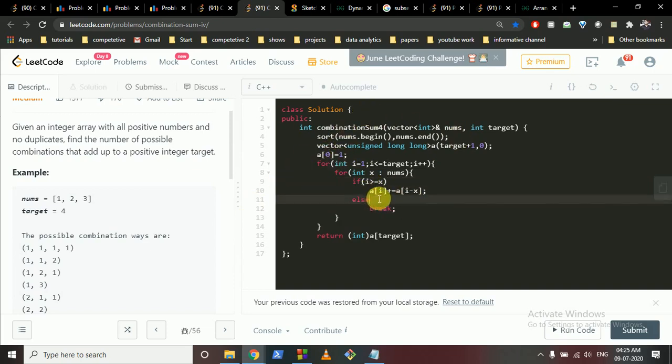So a of i is just equal to a of i minus x, because we are assuming we have taken this x element, because this is the smaller element. If we have taken this x element in our combinations, how many combinations will be there if I subtract i minus x.